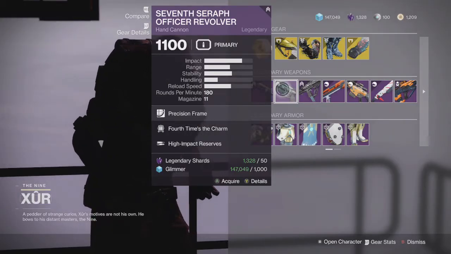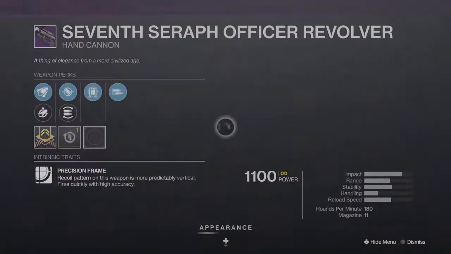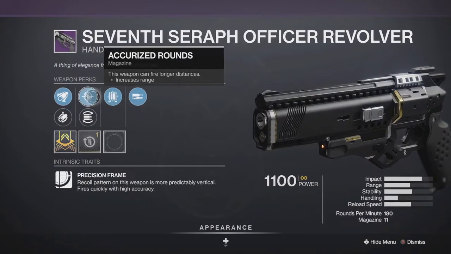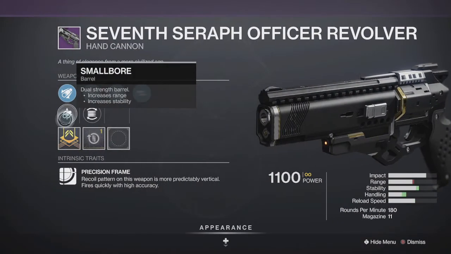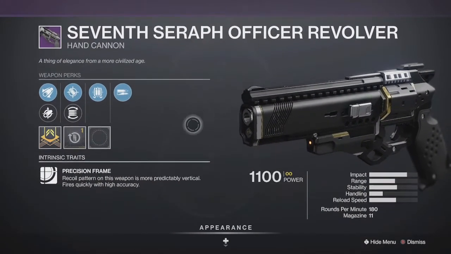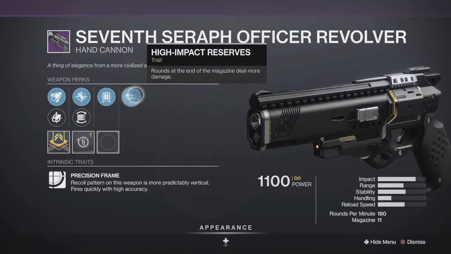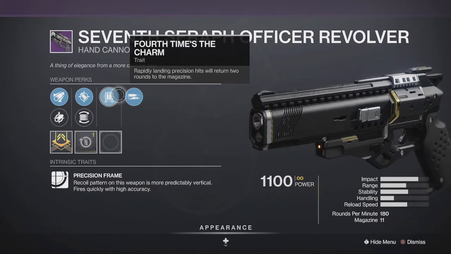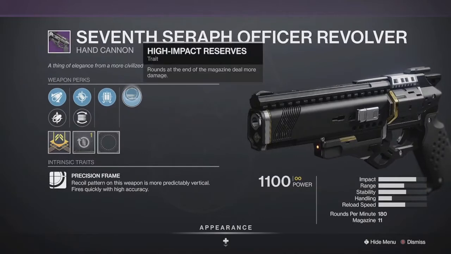Next weapon is the 7th Sheriff Officer Revolver. It's got Force Multiplier to Charm and High-Impact Reserves with Accurized Rounds and Flared Magwell. You would prefer Timed Payload in this one, but High-Impact Reserves isn't bad because it's got Fourth Time's the Charm. It'll make it a little bit harder to get to the end of the magazine, but once you get there, you'll probably get some extra shots from